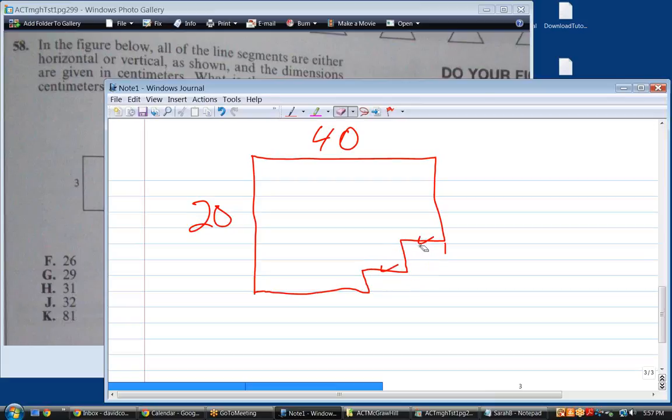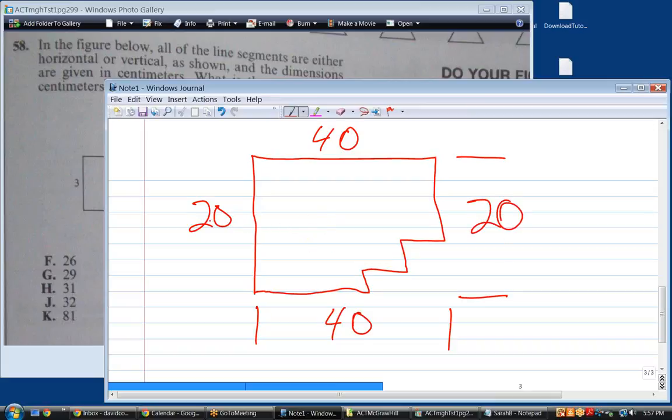Okay. So what would the perimeter of this be? Wait, how do you get... it would be, you have 40 across the bottom, right? And then you have those 2 little steps. So the total from here to here has to be 20. The total from here to here has to be 40. So the perimeter